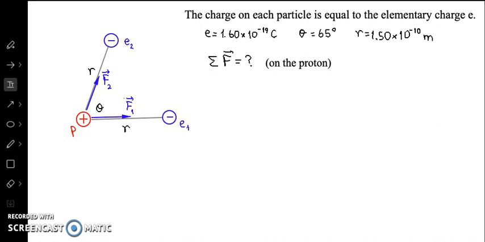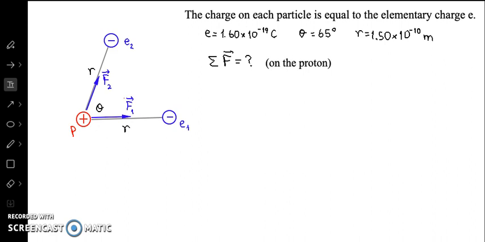So there are 2 forces acting on the proton. We want to find the net force. We need to calculate each force separately and add the forces using vector addition to find the net force. In particular, in this problem, we'd like to find the magnitude and direction of the net force. So first we're going to find the components, and then we're going to find the magnitude and the direction of